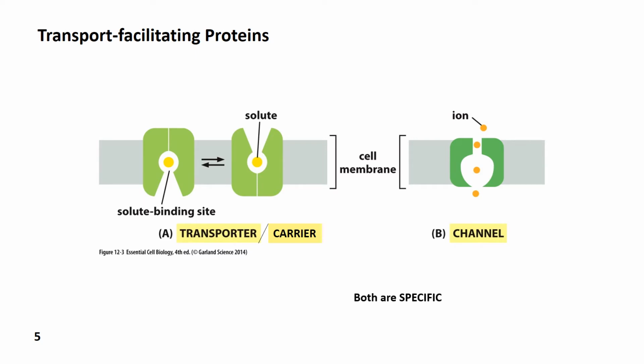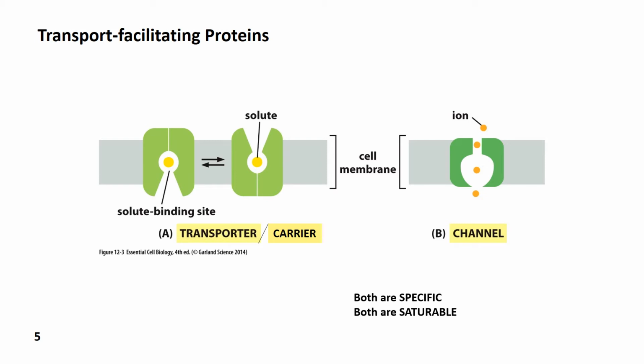Both transporter proteins and channel proteins transport specific molecules. In other words, not anything can bind to a transporter. Not anything can move through a channel. Both are saturable, meaning that transport either through a carrier protein or through a channel protein is limited by the rate at which that transport